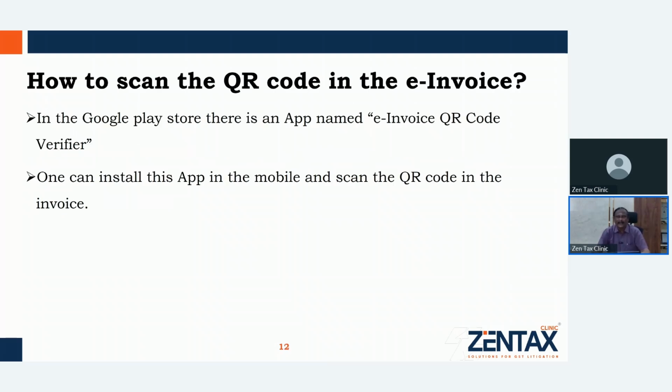Now the question arises: there is a QR code. What is the purpose of this QR code? What does it contain? Because it is just like a general QR code. Suppose you are going to a shop, and you scan it, and it will specify the shop name, and then you can make payment using the QR code.